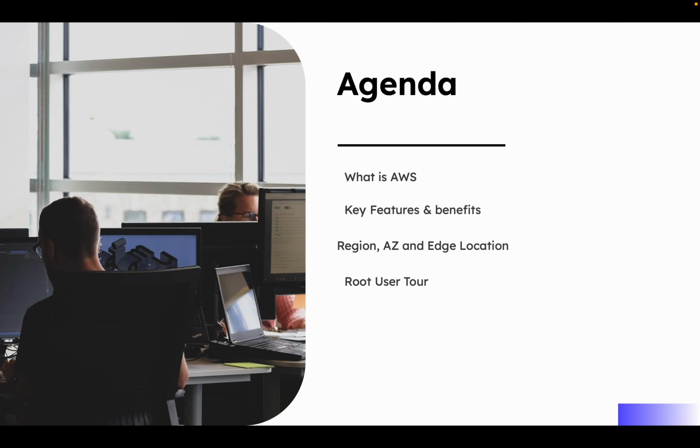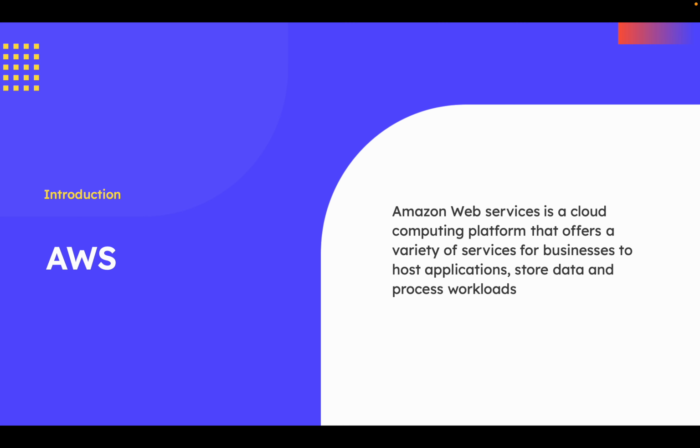So the agenda will be, we will be talking about what is AWS and its key features and benefits, regions, and we'll be discussing availability zones and edge locations, and we'll see how we can create a root user. Okay. So AWS, I think everybody knows about AWS and most of its features,